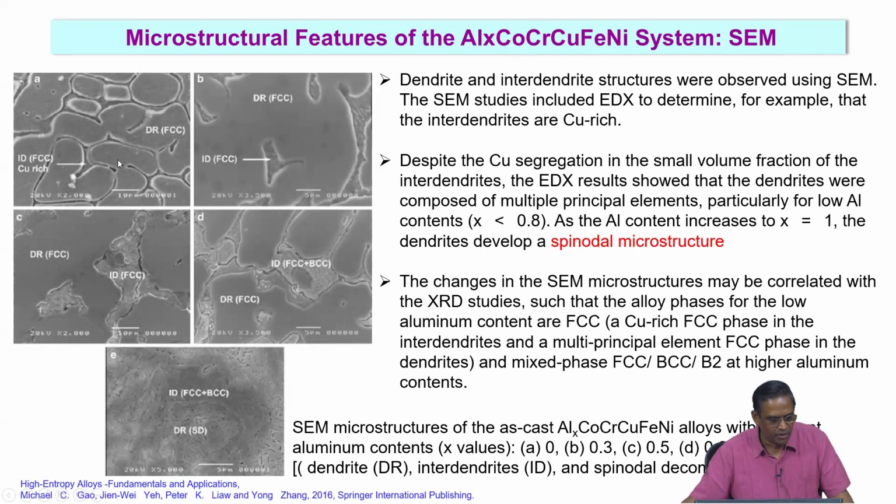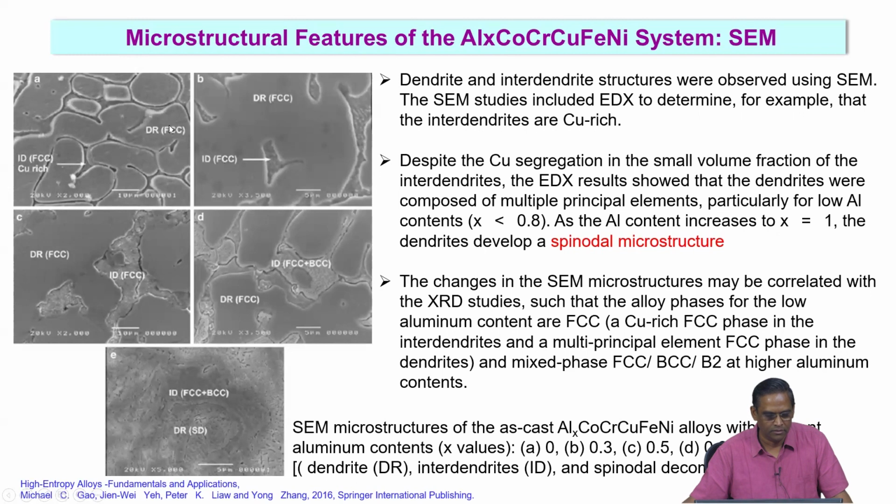There are a lot of annotations on the micrograph. DR stands for dendrite, ID stands for interdendrite, and SD stands for spinodal decomposition. So you have a dendritic FCC phase, and then an interdendritic FCC phase which is rich in copper,